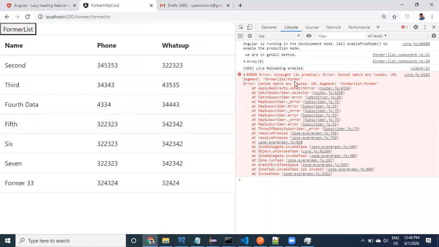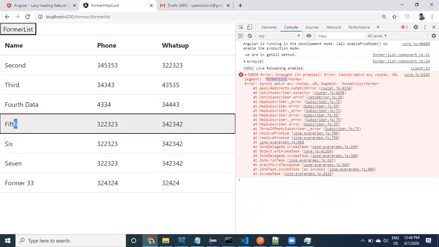What's happening here? It has to go to farmer. But whenever you click on this one, it is going to farmer list slash farmer. Why? Because we are already in the farmer list. From the farmer list, whenever you are going to farmer, that's why it is giving an error. This URL is not the correct URL.